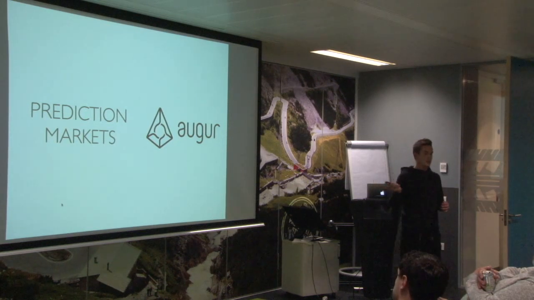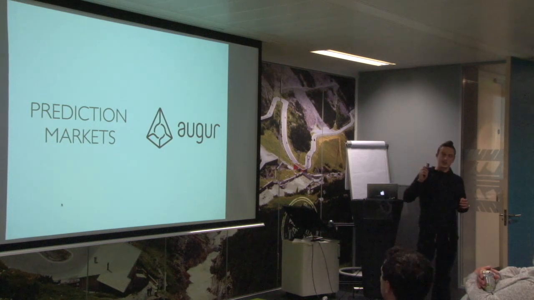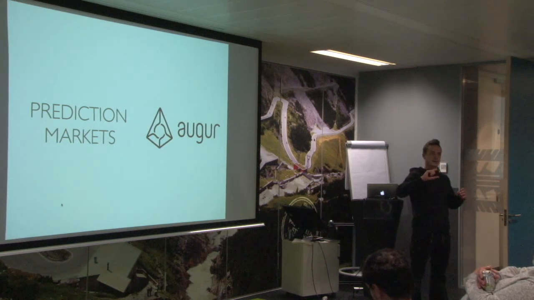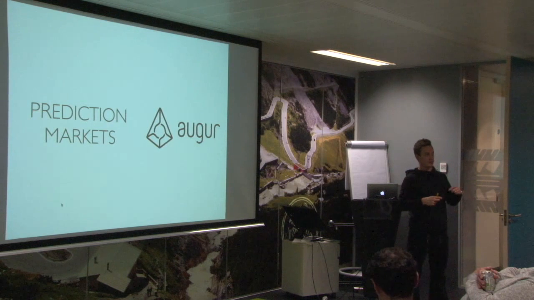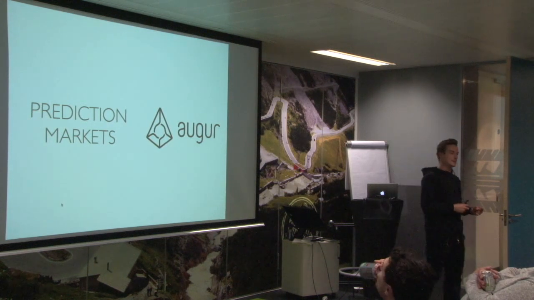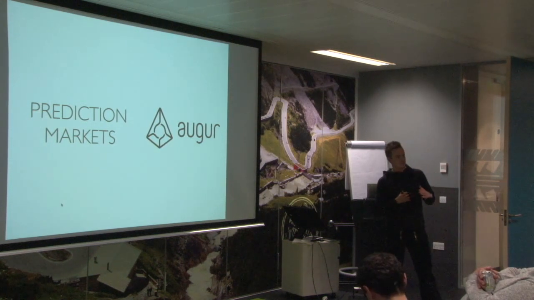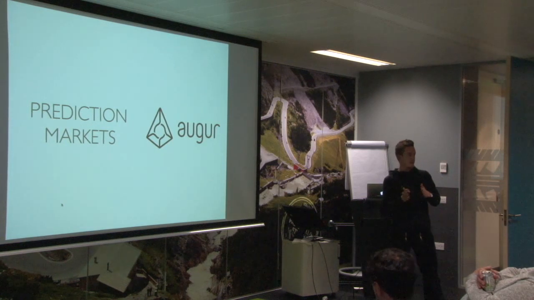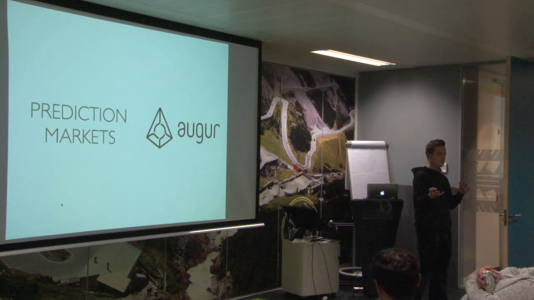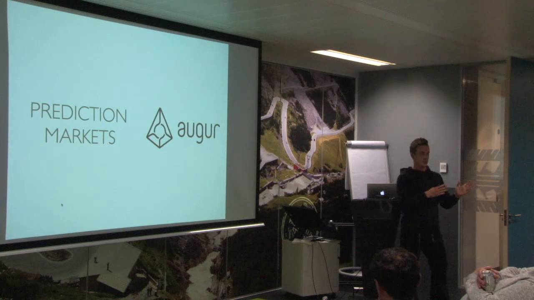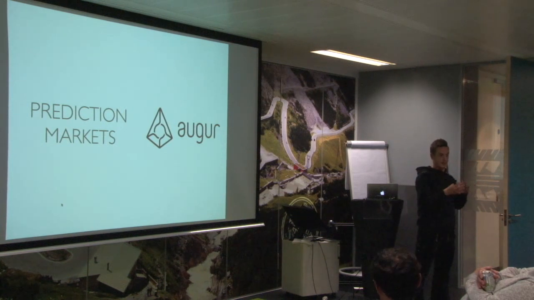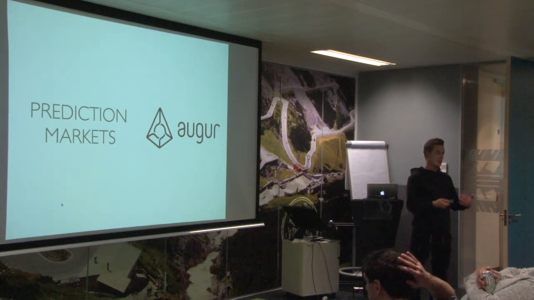This is a prediction market. It's basically bookies online. It's a system where people can go into contracts with each other and bet on certain events. And ultimately you converge towards a certain likelihood of an event happening, and depending on the information changing, that likelihood changes as well as people change their bets or as people change the contract.